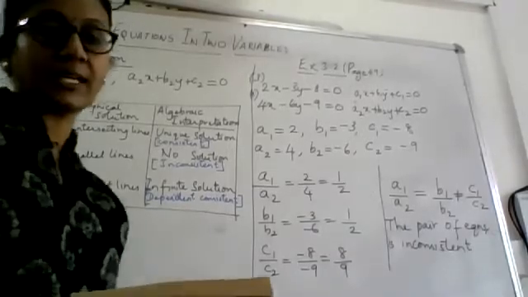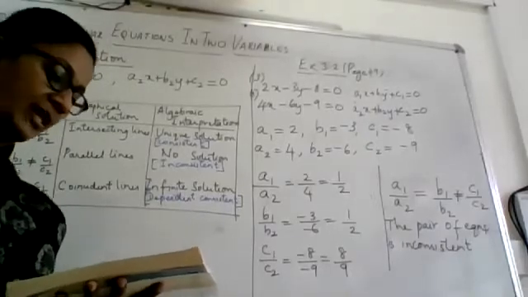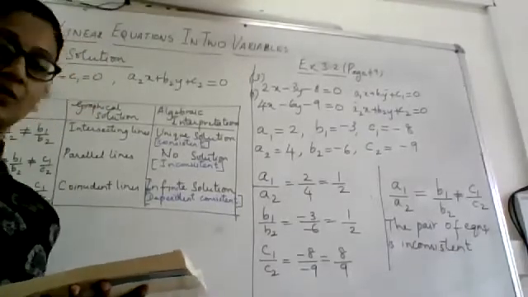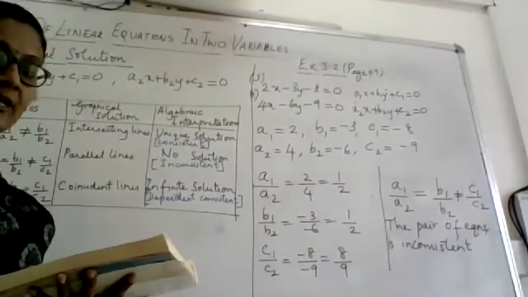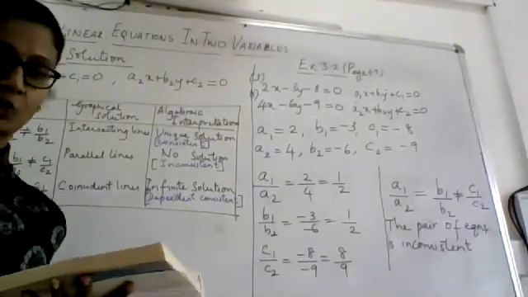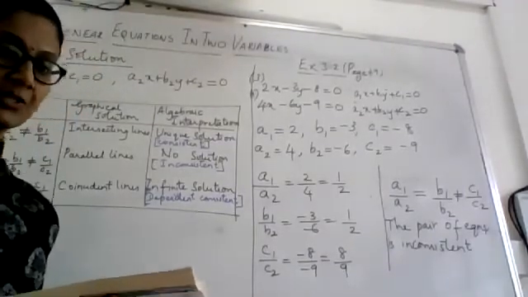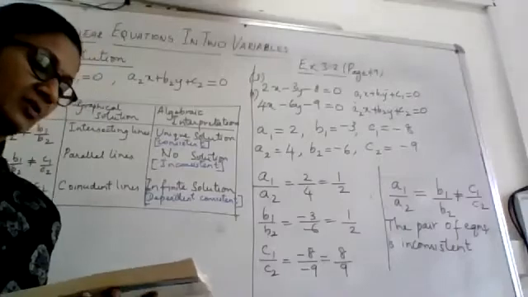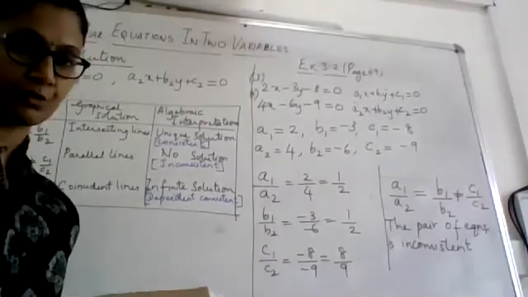Because it is the graphical solution that I want you to do. Now the second question, please look at it. There are 3 sets of equations. These are the 3 sets which I want you to do in the record. Alright. So here you are only going to say whether you are going to get parallel lines, coincident lines or intersecting lines. So here I don't want you to draw the graph.